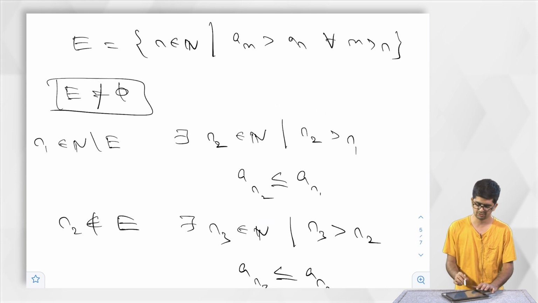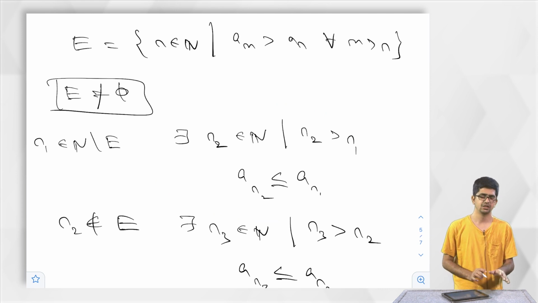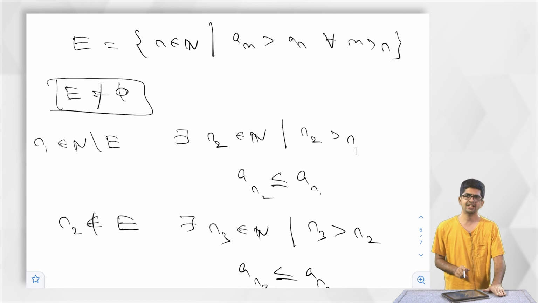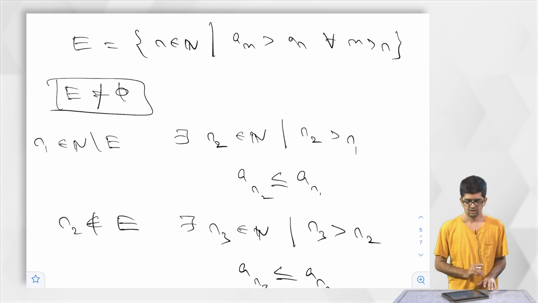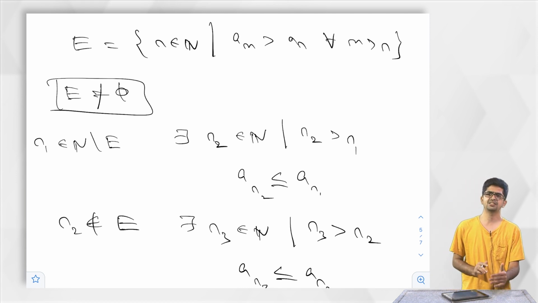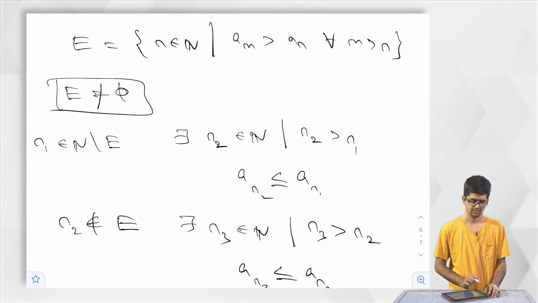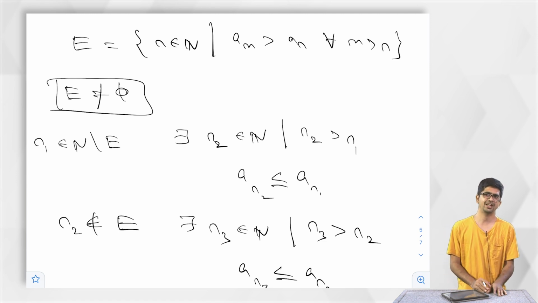So two cases are covered. E is an empty set is covered, E is finite, non-empty is covered. Let us now increase the complexity by asking that E is infinite. I do not like this word infinite.